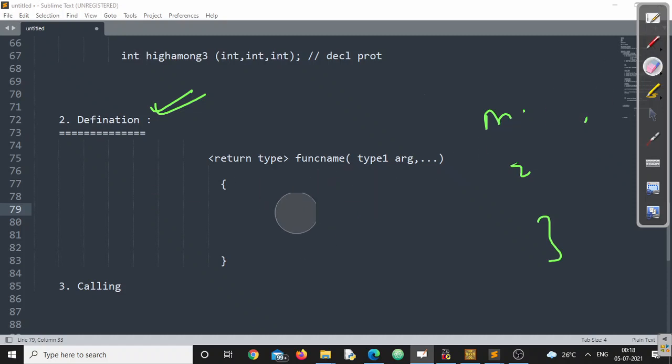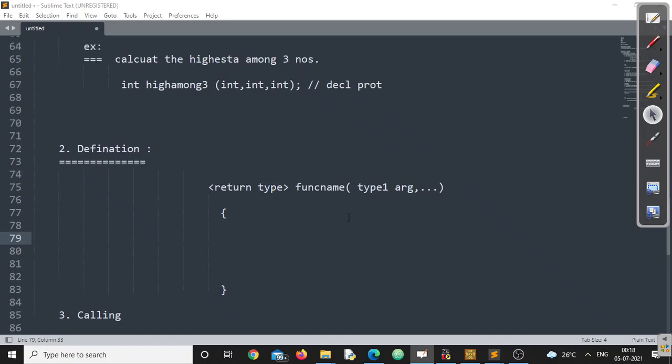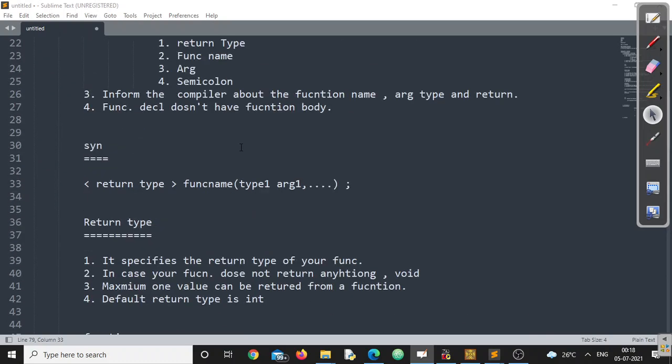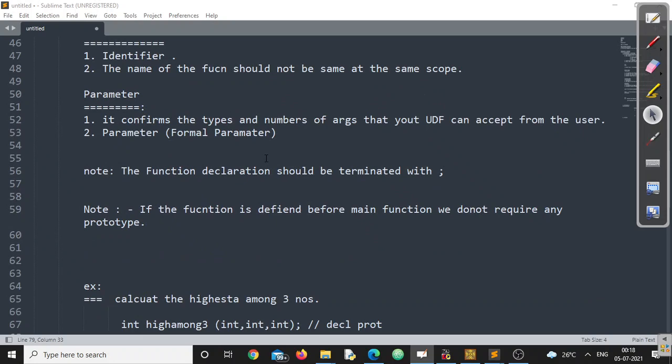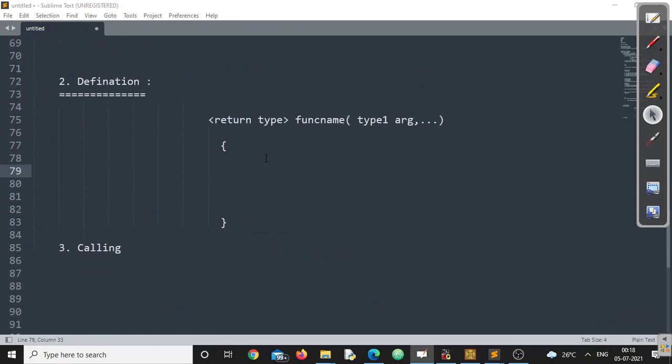But yes, we can have nested functions while calling, right? For that, let us understand what exactly calling is, then we'll wind up the session. In the next video, we'll come up with all the examples, all the rules and regulations that we have just studied. We'll discuss every bit with hands-on activities, right? But before coming to that video, make sure you've gone through all these rules and regulations.